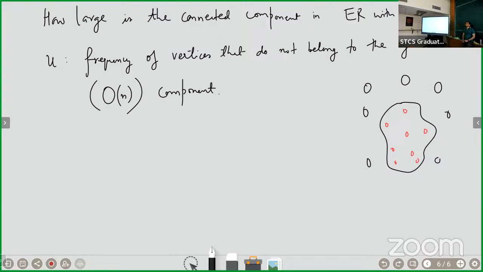So U is the total number of nodes outside the giant component divided by the total number of nodes, n. So it's the fraction of nodes that are not part of the giant. Yes, it should be 0. Right? So as I add